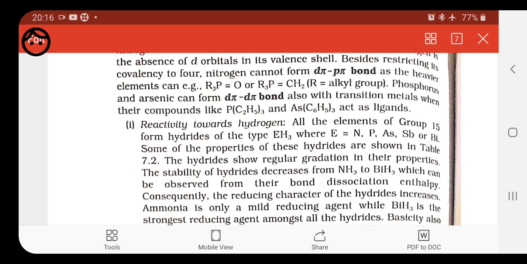If we look at the structure of the hydrides, in all of them the central atom assumes sp3 hybridization. Three of these hybrid orbitals form sigma bonds with hydrogen. Sigma bond means single bond. Whereas the fourth hybrid orbital contains a lone pair of electrons. Just imagine in the center we have nitrogen, with three bonds connected to hydrogen, that is NH3. Nitrogen has 5 electrons in the outermost shell, 3 are busy making bonds with hydrogen, but 2 are still left, so this is taken as the lone pair.